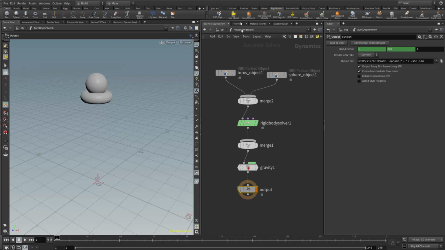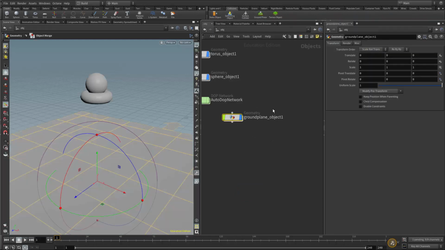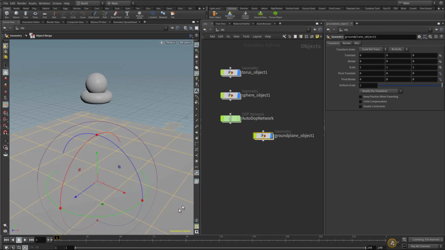I'm going to go ahead and put a ground plane in as well, so I'll go to the collision shelf and put a ground plane in. And we should have just a basic simulation here. If I turn on my real-time playback button and hit play, the objects should fall and separate when they hit the ground. So what I want to do is glue these together,